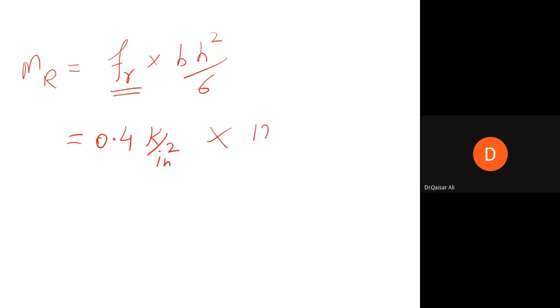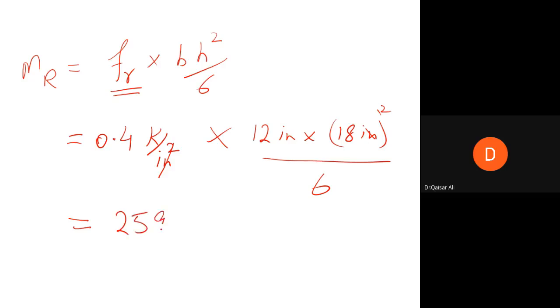B 12 इंच है और H 18 इंच स्क्वायर हो जाएगा, और डिवाइड बाय 6 है। तो इसका जो स्क्वायर इंच है ये तो इस स्क्वायर इंच के साथ कैंसिल हो जाएगा और आपके पास जो वैल्यू आएगी वो होगी 259.2 इंच के पर इंच, वन एंड द सेम थिंग।